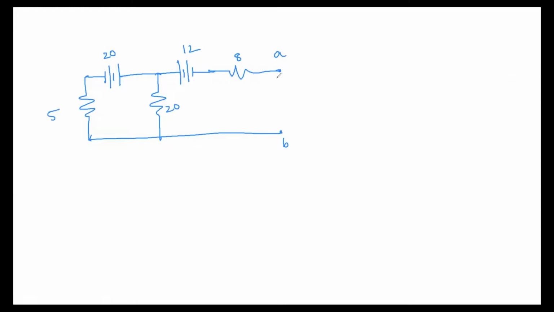Now try to find the voltage. In order to find voltage, first you have to define polarities, positive, negative. You have to find VAB. Always define polarities, go from positive to negative, and you'll get VAB. Going from positive to negative, first you encounter the 8 ohm resistor. But this is an open circuit, so will there be any current flowing through the 8 ohm?